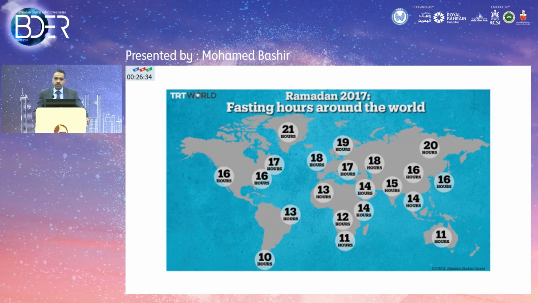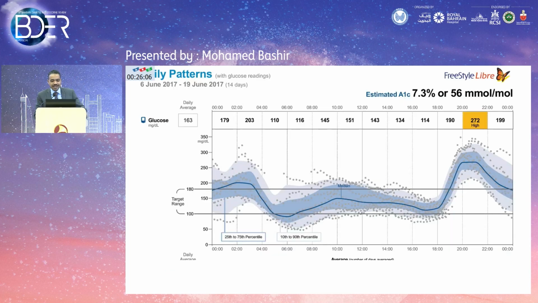If I take you back to 2017, Ramadan came in June, July at that time, the middle of the summer. What you can see here is that people living in New Zealand, Argentina, and South Africa were only fasting for about 10 to 11 hours. They had barely entered the fasting stage at that point in time. If anything, during Ramadan they probably don't need to do any adjustment. They don't need to worry about anything. They've barely even kissed the fasting.